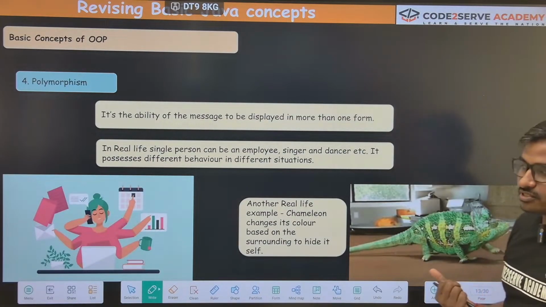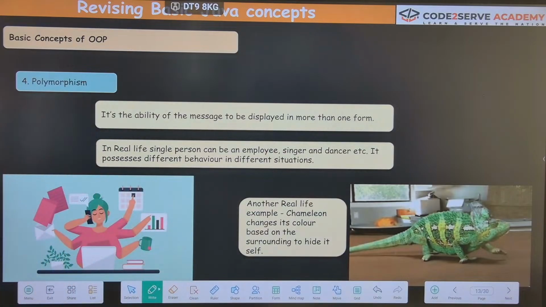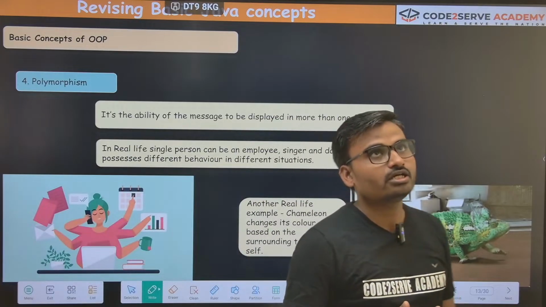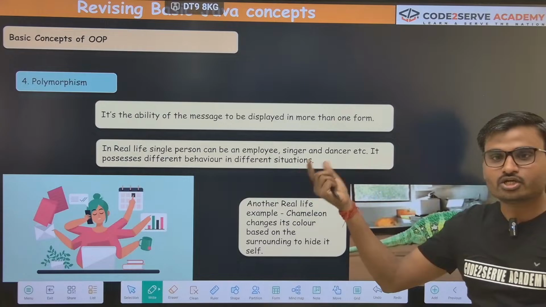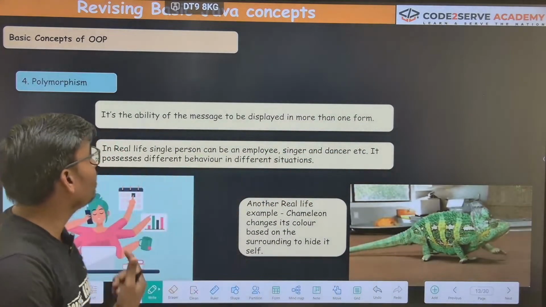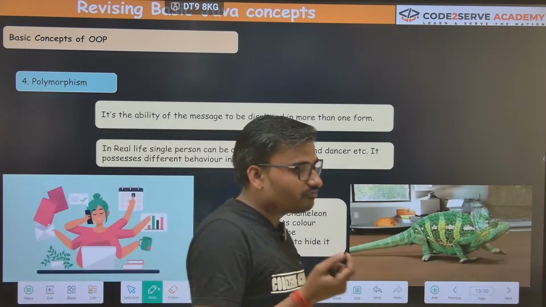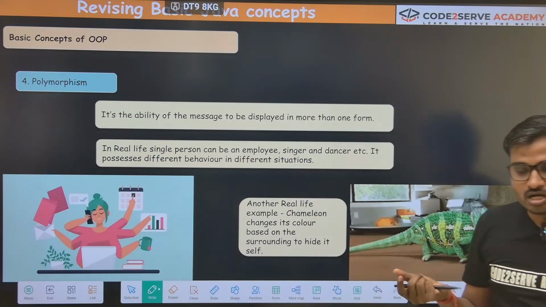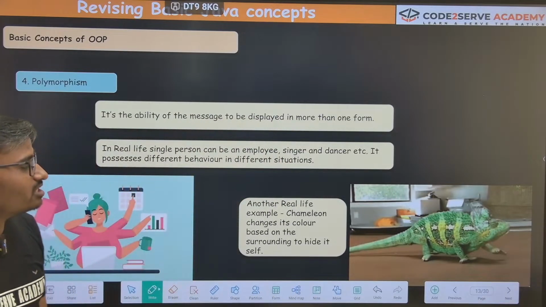Next is polymorphism. I will suggest you not to mug these up. Everything that you are seeing here or whatever topic you will be learning, just try to remember it with the name and what that name is suggesting. You will be able to recall what that topic means, right? Like here the name is polymorphism. If you try to think about it or put stress on the word, you will get the point of what polymorphism is, right? Poly means what? Multiple, right? Poly means multiple forms.